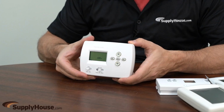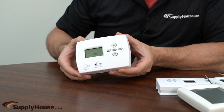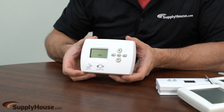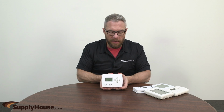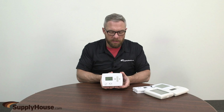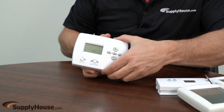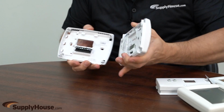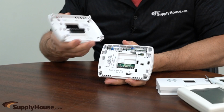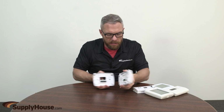Now, a lot of people have these in their homes, and you might be looking at it thinking, well, where's the insert for the batteries, or where do I open this for the batteries? Well, actually what you do is you just take the entire front plate off. So it just basically splits in half. You grab the little sort of handle here on the bottom, and you just kind of pry it apart. Right there. And the batteries are right there on top. This plate will be in the wall, and you change the batteries on this, and then you just put it